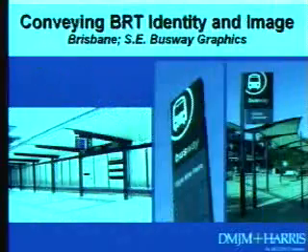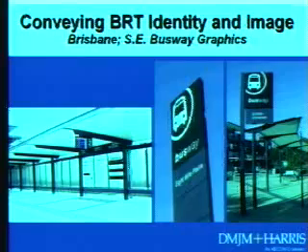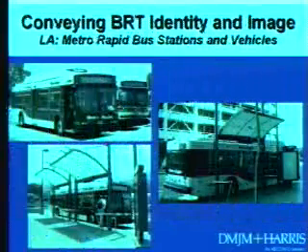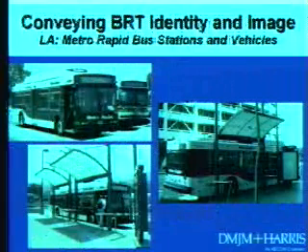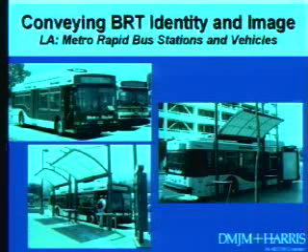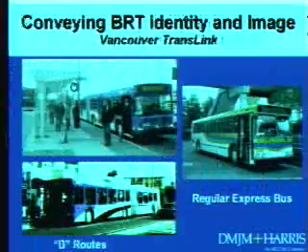So here's some examples. This is in Brisbane again. I showed you some of these before. You can tell which is the rapid transit station for bus rapid transit. Here's Los Angeles. They have all these unique stations that are just for the bus rapid transit, and they have that real-time information there as well. So you have the red bus, special station, and the real-time information. Also signal priority in some cases, but nothing really beyond that. Other than that, it's right on the arterial.